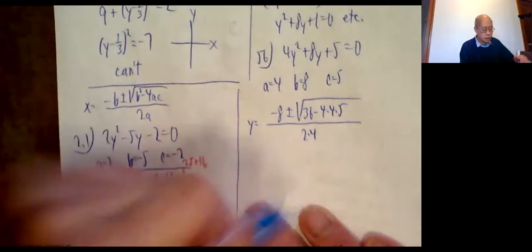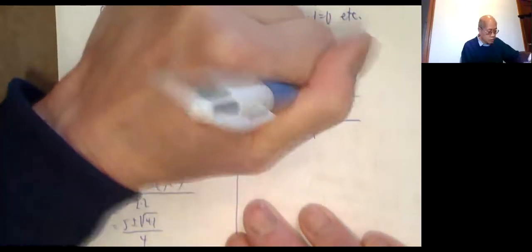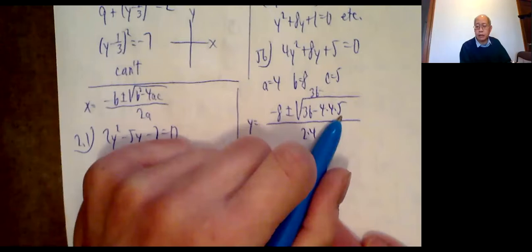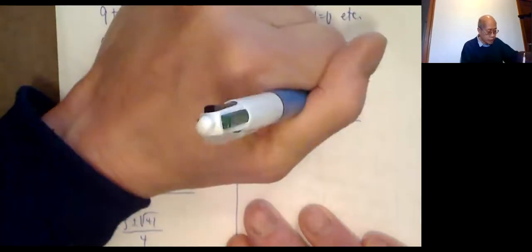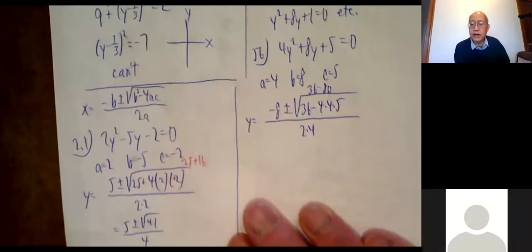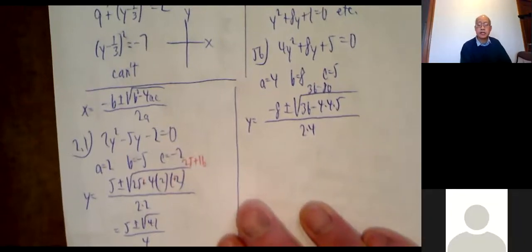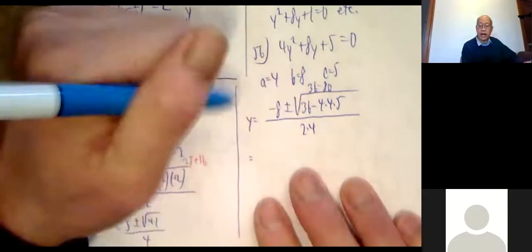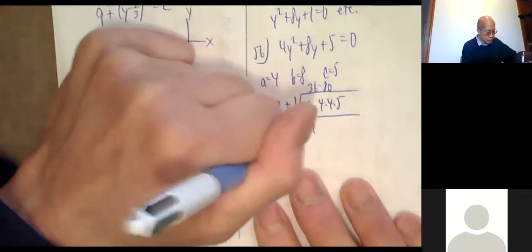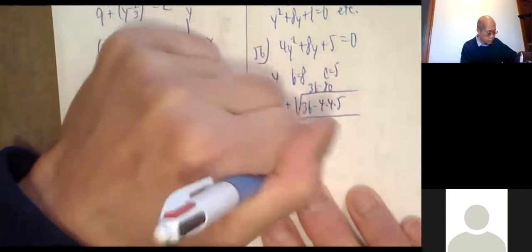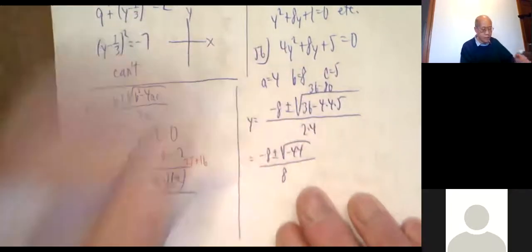Okay, so what is this? Scratch paper: 36 minus... see, 4 times 5 is 20, right? 20 times 4 is 80. 36 minus 80, I got a square root of a negative number, which is not real, but yes, we can keep going. So we're going to have that i business. Negative 8 plus or minus the square root of 36 minus 80 is what? Negative 44, all over 2 times 4 is